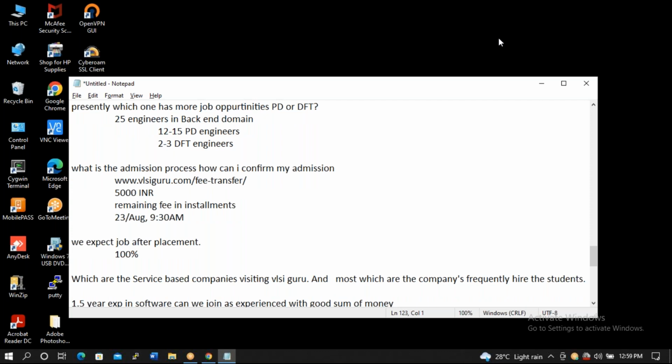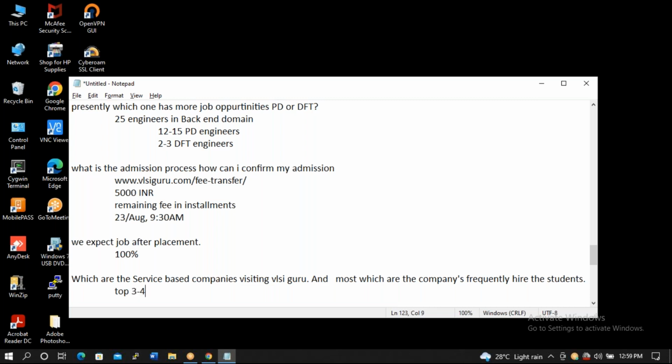Which service-based companies are visiting VLSI Guru, and which companies frequently hire? When it comes to service-based companies, almost all the companies hire from our institute. Take HCL Technologies, for example, one of the big services companies. They don't have any special liking for VLSI Guru, or for any other institute. What they do is they identify